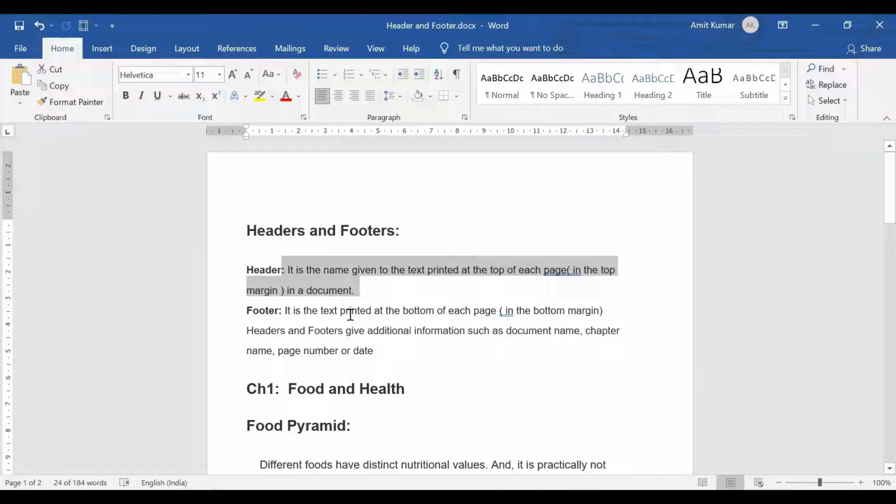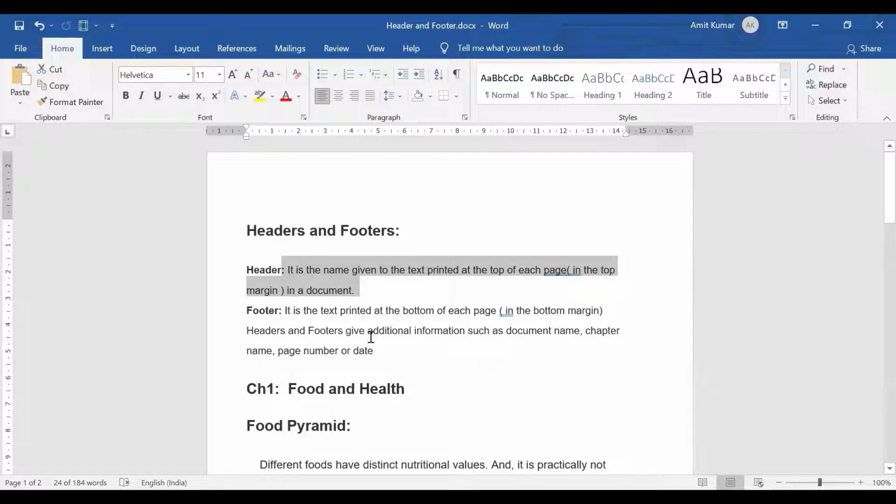And footer is the text printed at the bottom of each page in the bottom margin. Headers and footers give additional information about your document, such as the document name, chapter name, page number, or date, etc. You can add any text of your choice in the header and footer.